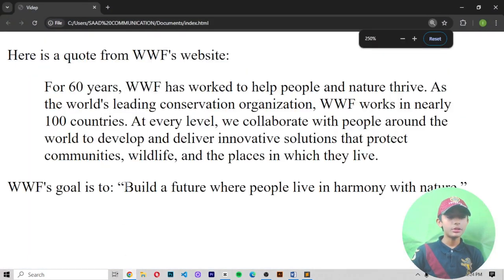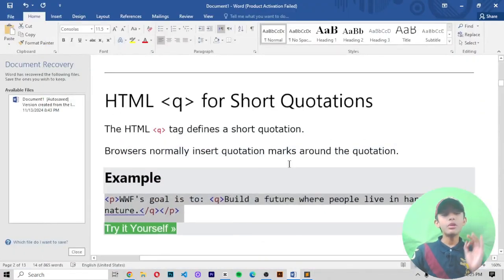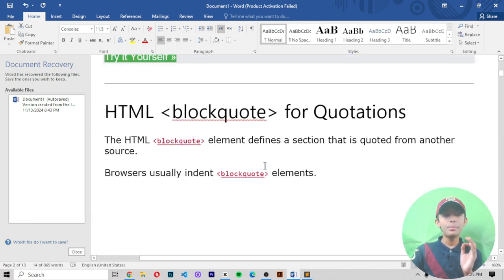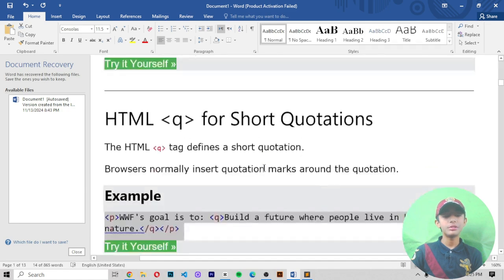Here you can see it. It has the question mark. Sorry, question mark, not double comma. So here you can see it. Let me tell you why it gives me this, but you must know the Q element is defined for short questions, and the blockquote element is for longer quotations, okay.